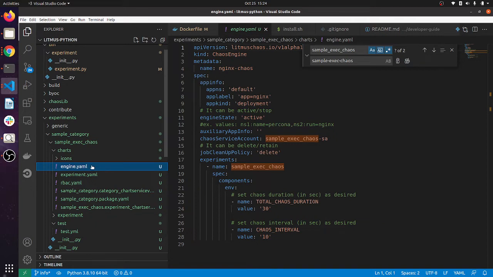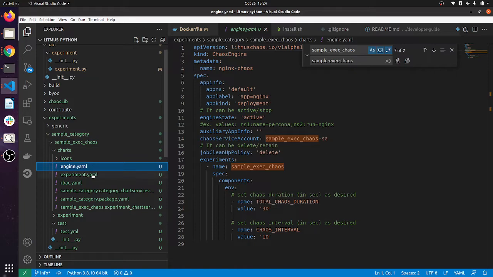Basically, in the CHAOSS engine, the CR is the main user-facing CHAOSS custom resource. This is namespace scoped, and it is designed to hold information around how the CHAOSS experiments are executed. It also connects the application instance with one or more CHAOSS experiments. This engine can be patched during the CHAOSS execution.